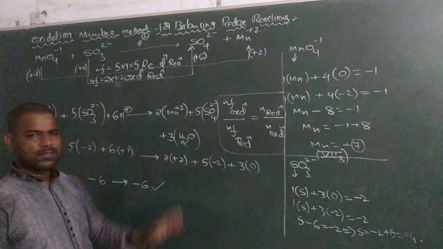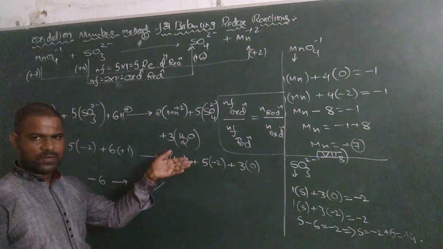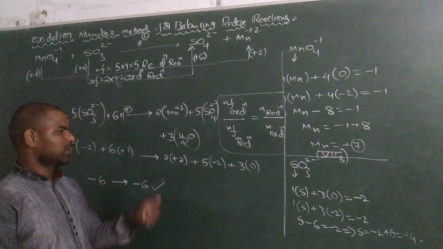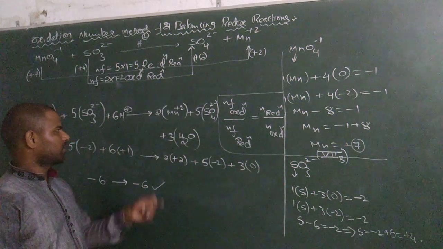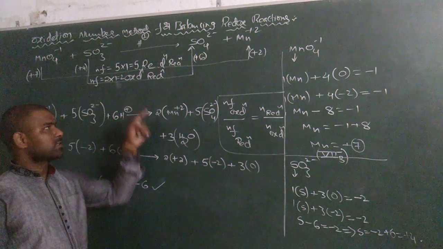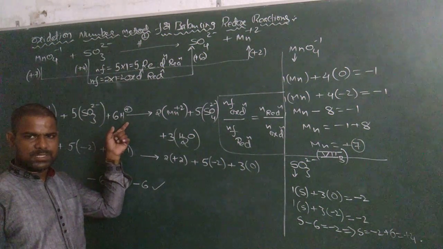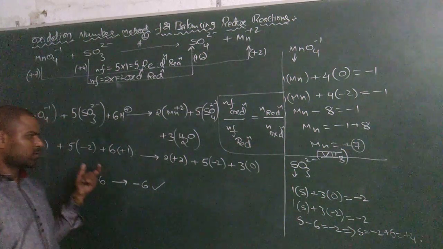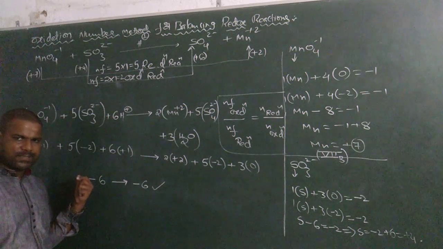To check the oxygen balancing, we will say that where the number of oxygens is less, there we can add water molecules. Then we are going to balance the hydrogen. In acidic medium, to balance the hydrogens, we will directly add H plus ions where the number of hydrogens is less. Then we are going to check the balance of charges of species on the reactant side and also on the product side.